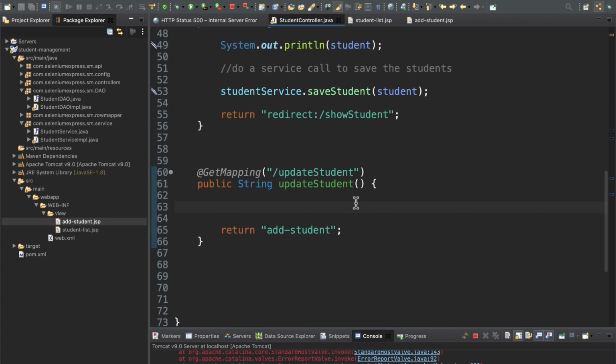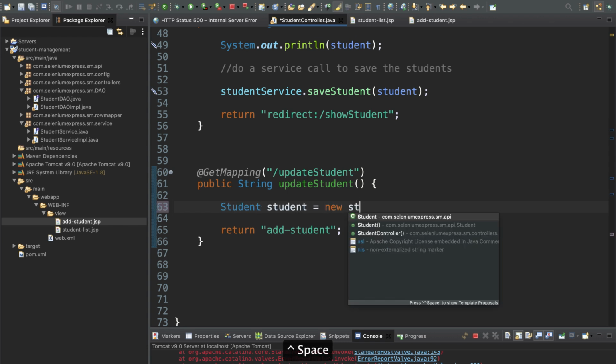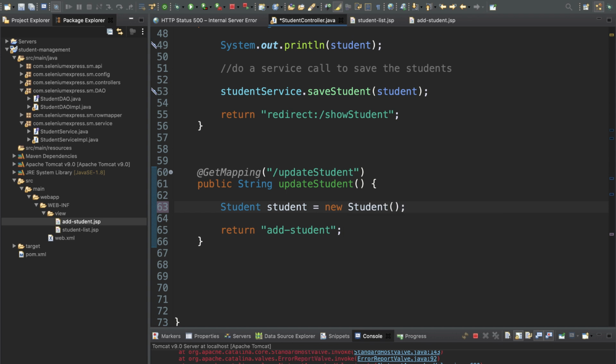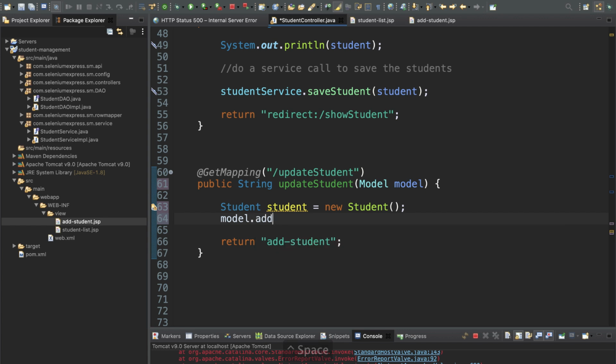So what do I have to do? I have to create a student object. I'll say student equal to new student. And basically I need to attach this student with a model. I should say model dot add attribute,